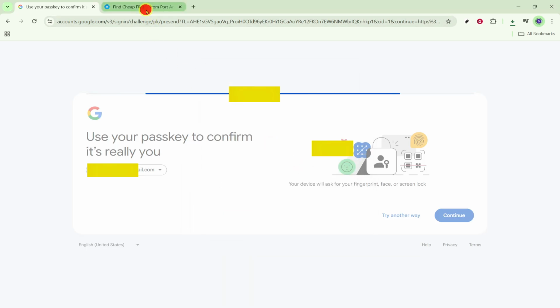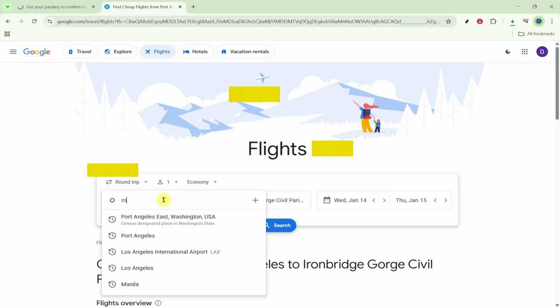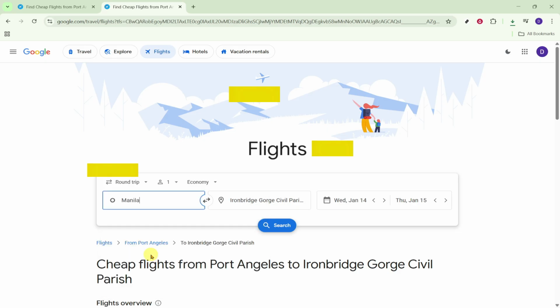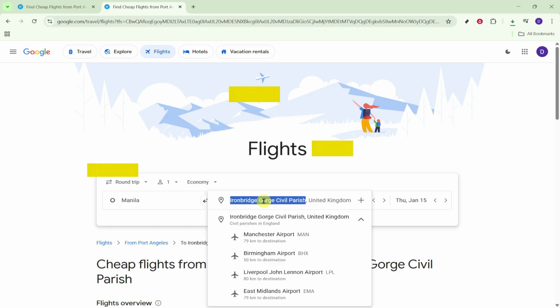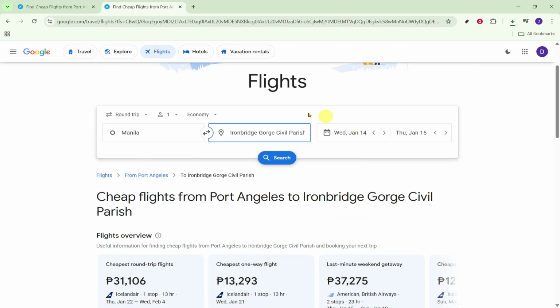Click the field labeled Where To and enter your destination. You can type a city, airport, or country, and Google will suggest matching options as you type. After that, click the Where From field to set your departure point. If you have multiple nearby airports, you can choose the one that's most convenient or the one that usually gives